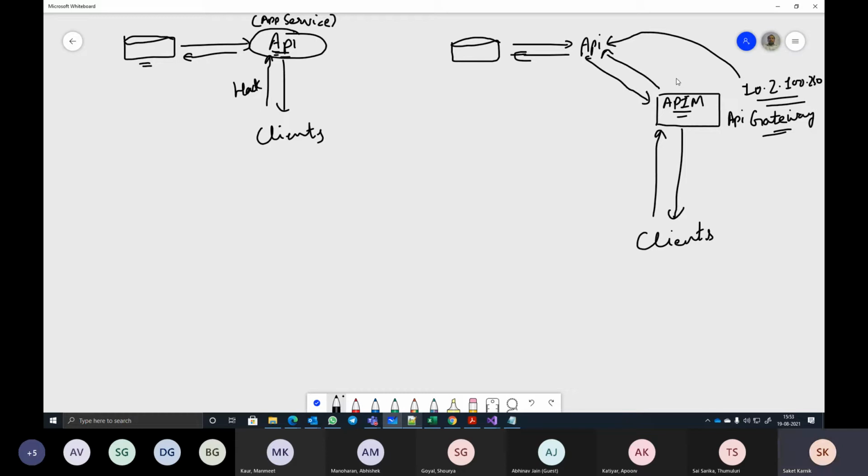Where you can have your own policies created. Within the policies, you can restrict the number of requests per second from a specific IP. I mean, you can actually set the threshold of the number of requests. That within a minute, I should have only 5 requests from one IP, not more than that. If more than that number of requests coming from the same IP, I would treat it as a threat. And I will blacklist that IP for a while, maybe for half an hour. That's default actually.